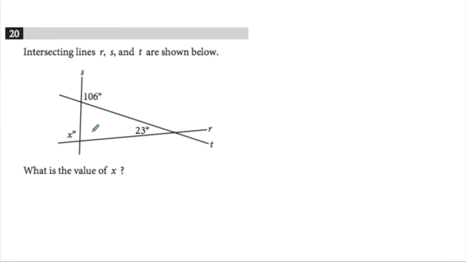But the first thing that I realized is that in order to find X, I need a couple of different pieces of information. So one way that you could attack this problem would be to notice that these two angles form a linear pair, which means that they are supplementary and they add to 180. So you could do 180 minus 106, which gives me 74. So that tells me that the angle right adjacent to 106, let me change to a thinner thickness, is